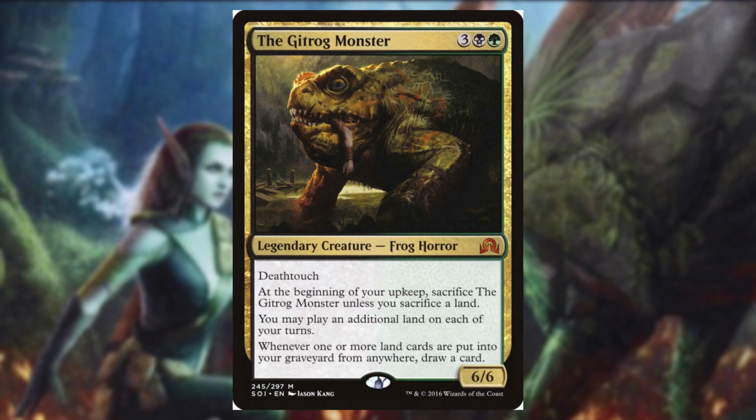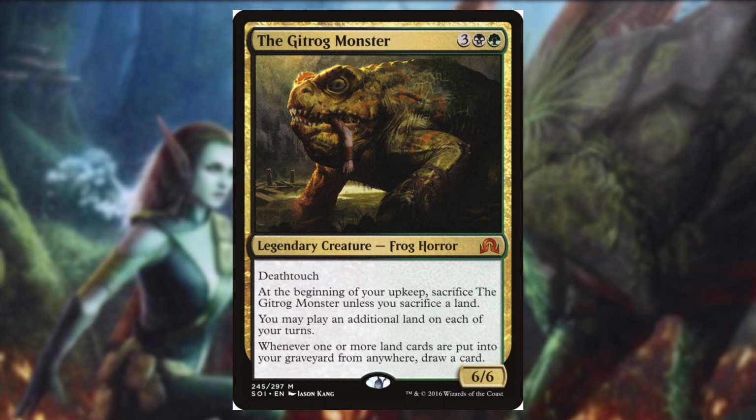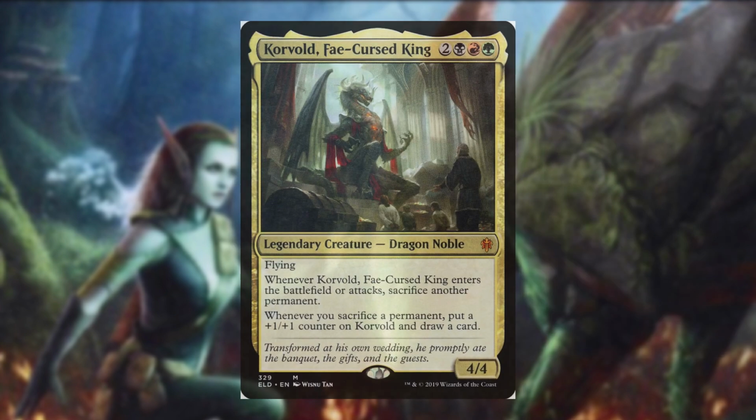The Gitrog Monster. This guy pairs insanely well with Titania Protector of Argoth. Now we're getting a 5/5, we're drawing cards, it's insane value. Additionally, when you throw Korvold into that mix, now we're sacrificing our lands, drawing cards, we're playing additional lands, and